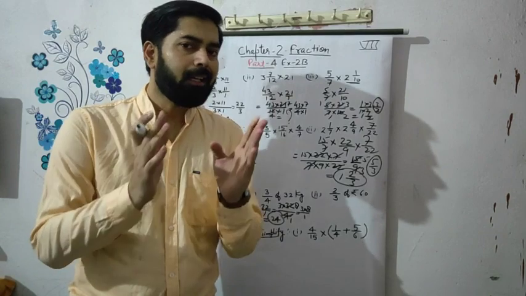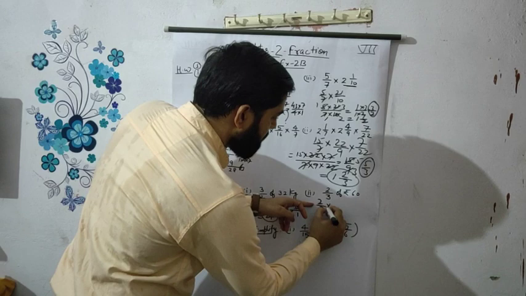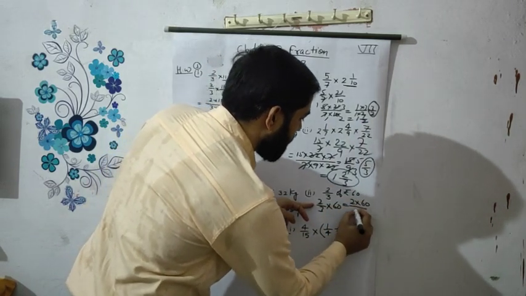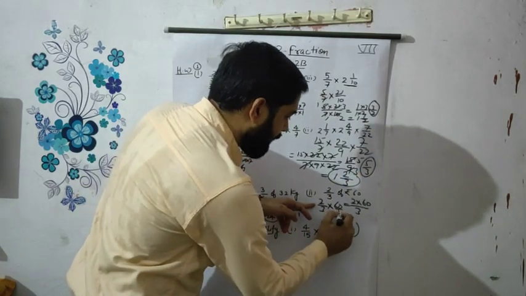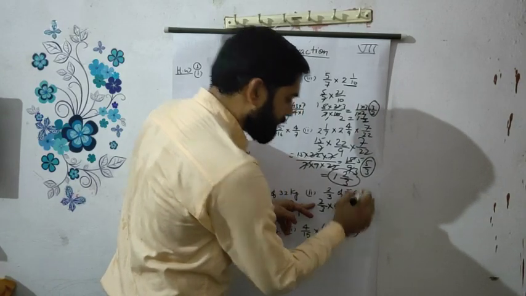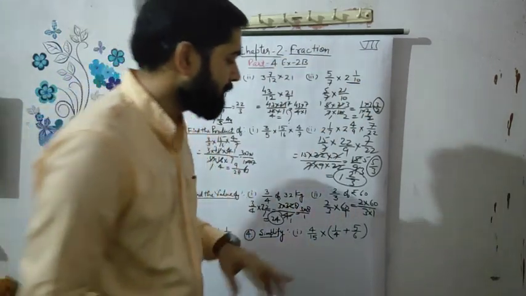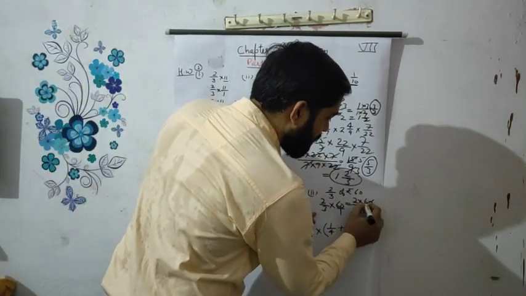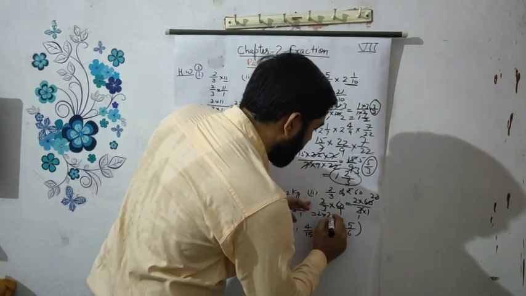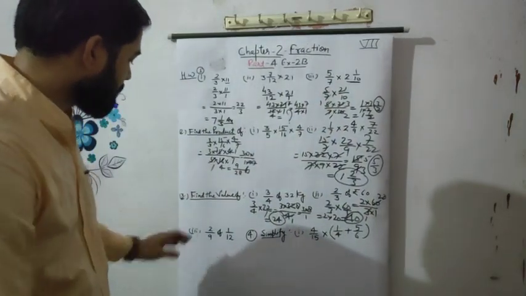Of means multiplication again. It's a very easy question. You can solve easily. 2 upon 3 multiplied by 60. We can write 2 multiplied by 60 upon 3. Here we can write denominator 1. So 60 and 3 are divisible. Yes. 3 20s are 60. Good. So 3 1s are 3 and 3 20s are 60. Then what is left here? 2 multiplied by 20. Then answer will be 40. Answer will be 40. Now next question is